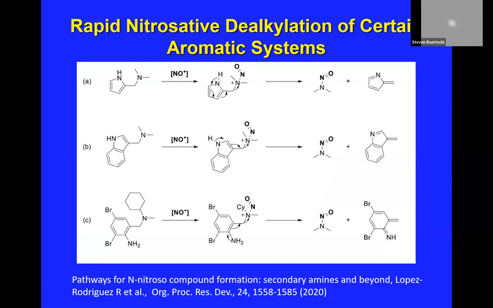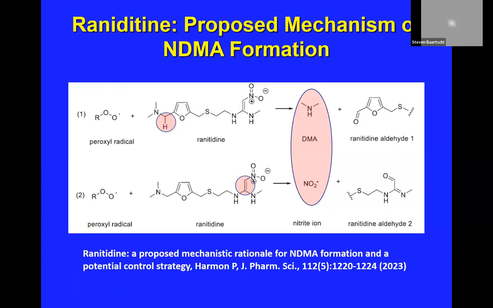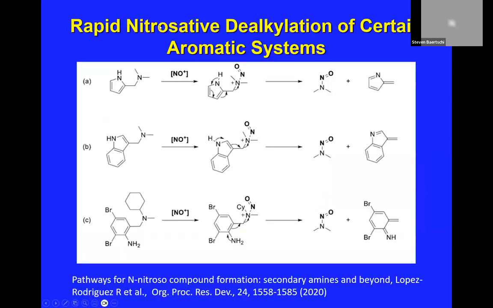Now, you also notice that the functionality here has a furan with a benzylic position attached to a nitrogen. When you have that kind of situation, where you have a benzylic position active next to a tertiary nitrogen, it can be set up to disconnect, to dealkylate and form NDMA rather readily, and that's the case with ranitidine. So you can imagine an N-nitrosation reaction could also trigger the release of NDMA, so a direct reaction and then cleavage.